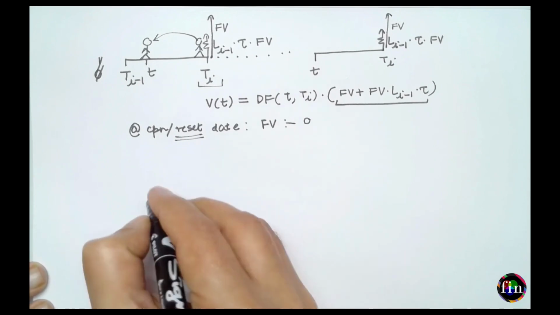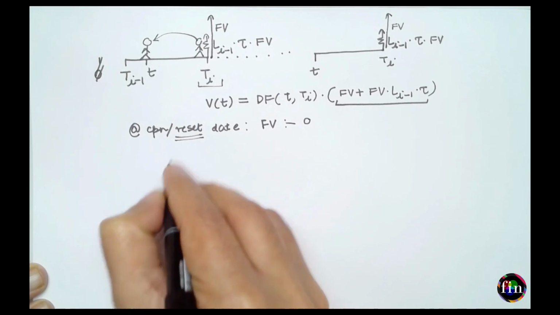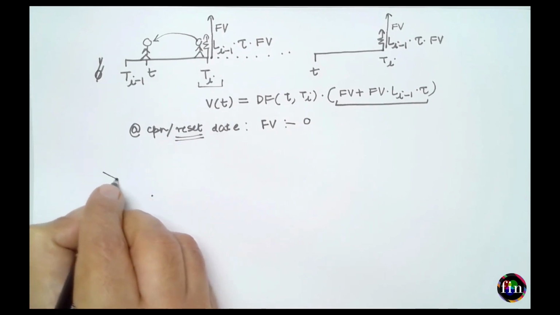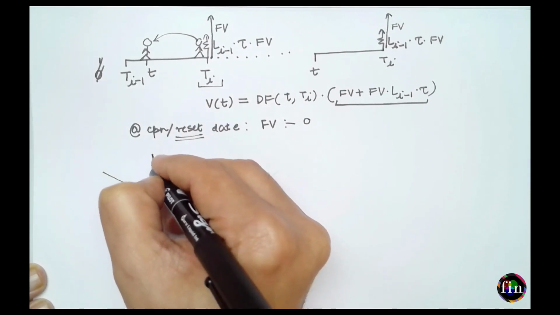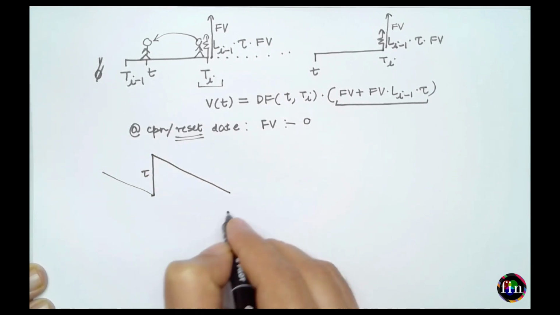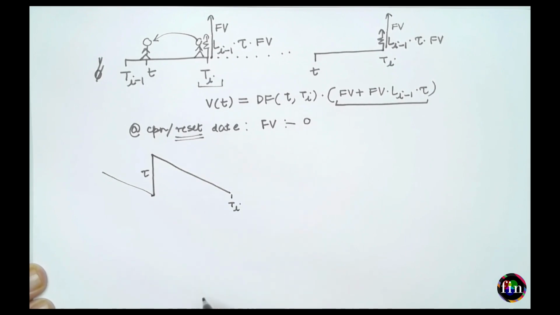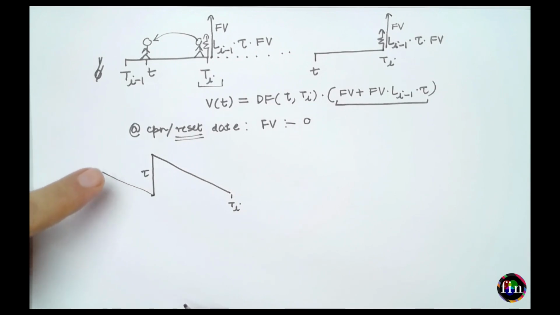So if you were to take a look at the profile of this duration, I am saying that the moment you arrive at a coupon date, when the next reset hasn't happened, the duration would have gone down to 0. Then when the reset for the next coupon date happens, the duration becomes equal to, let's say, tau. Okay, and then it again drops down to 0 when you reach the next coupon date t_i. Okay, so this is a concept of duration of a floating rate bond that I will require when we talk about duration of a swap. Okay, so this short video was about the valuation and the duration of a floating rate note.